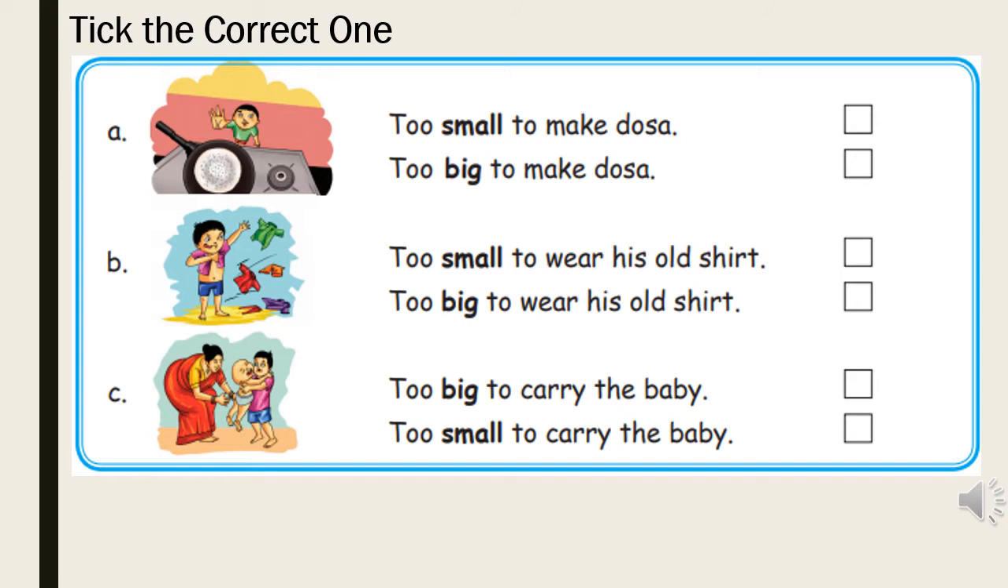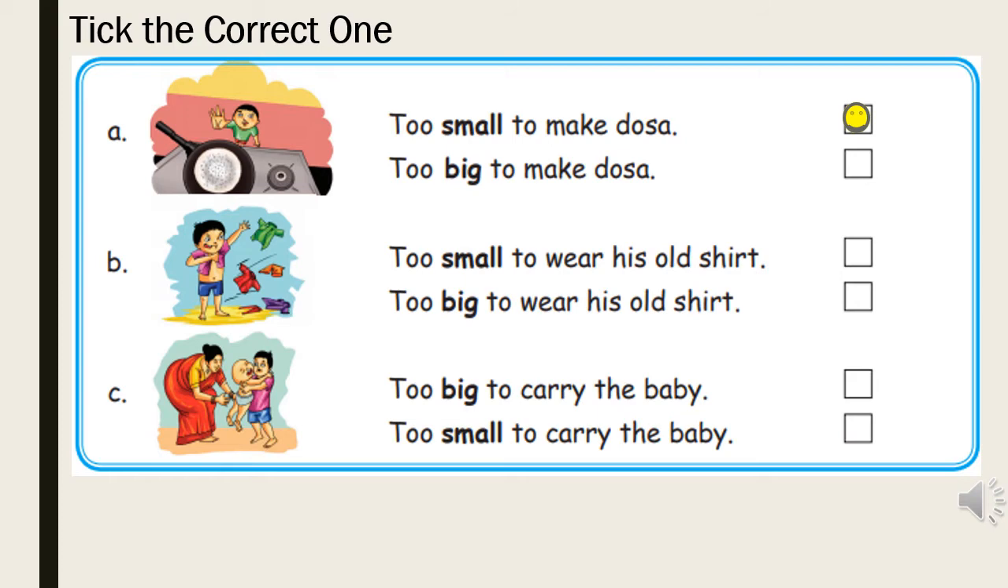Okay, who is there? What is the boy doing? Okay, so first picture, there is a boy. There is a pan with the dosa. So when we read the two sentences, it says too small to make dosa, too big to make dosa. So we can see the picture and tell the correct answer, which is the boy is too small to make